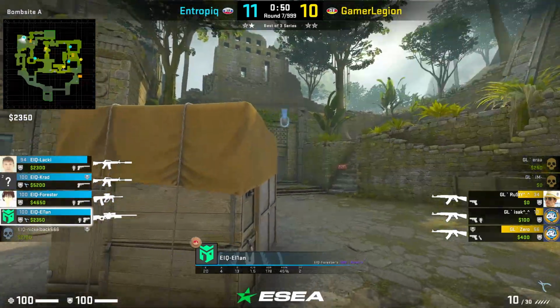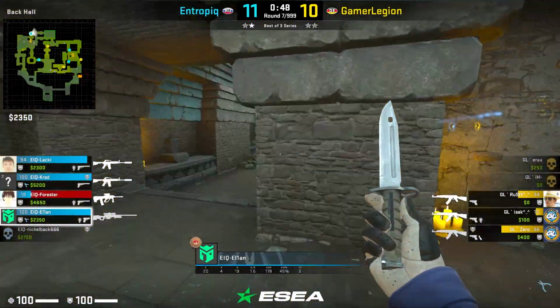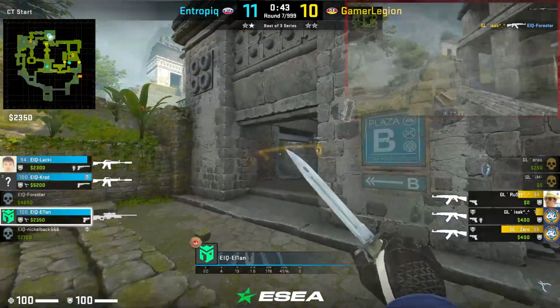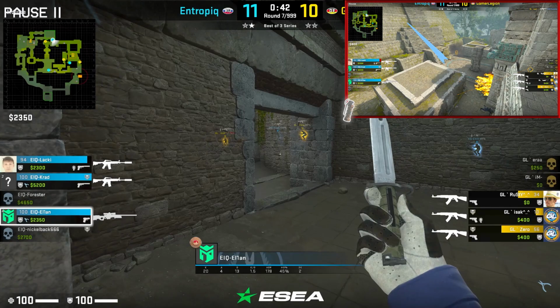Once again, El1an is going to be holding towards main. The T's are executing onto the B bomb site. The B players are going to get pressure from the T's, so he's going to smoke off main and go rotate over. And in a second, El1an is going to throw this flashbang, and this flashbang is actually really good,